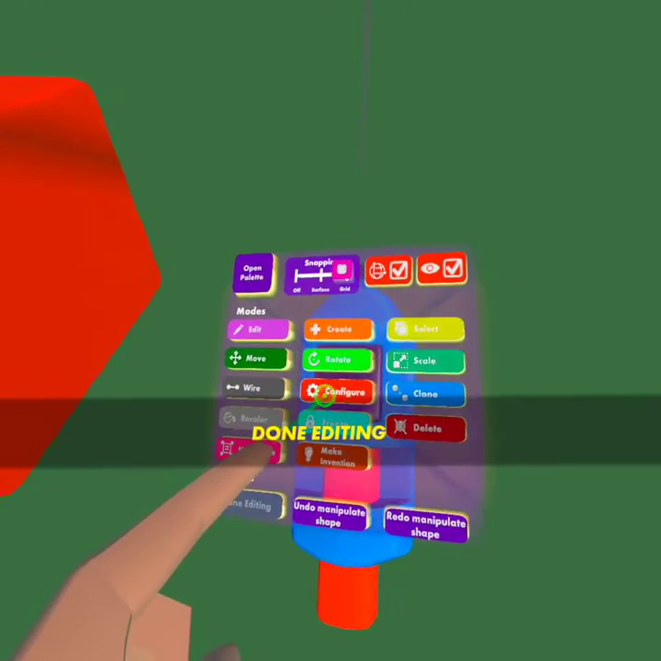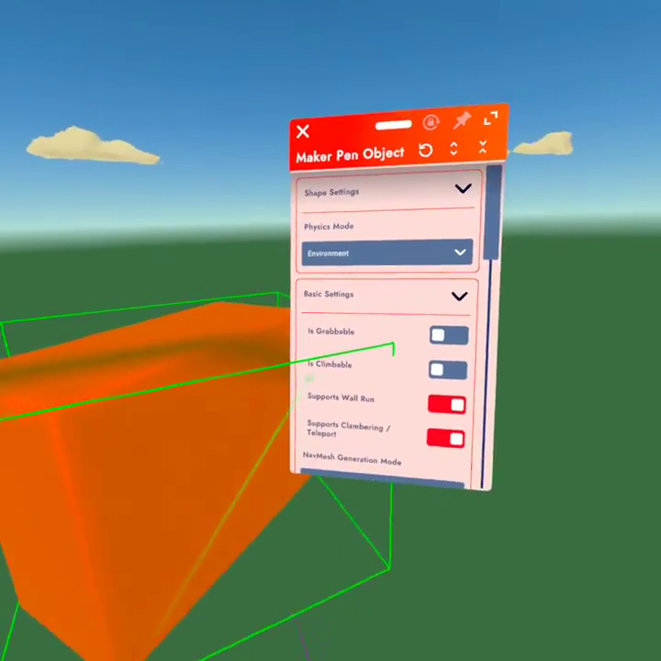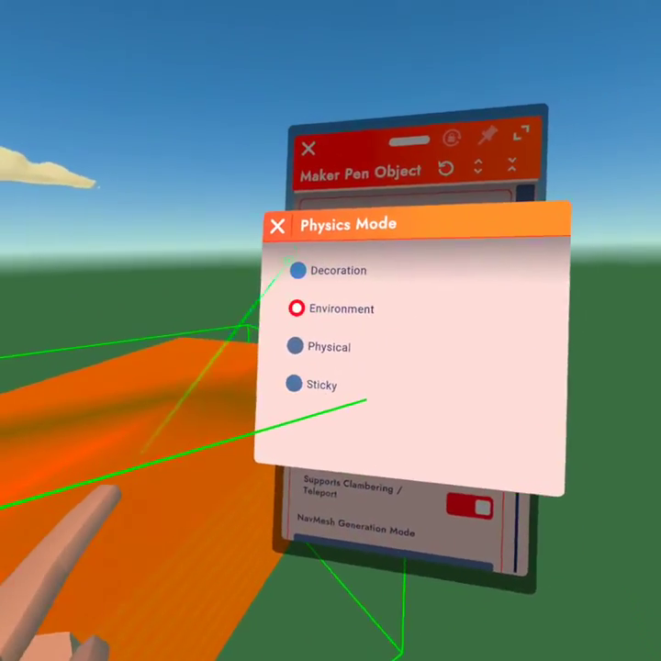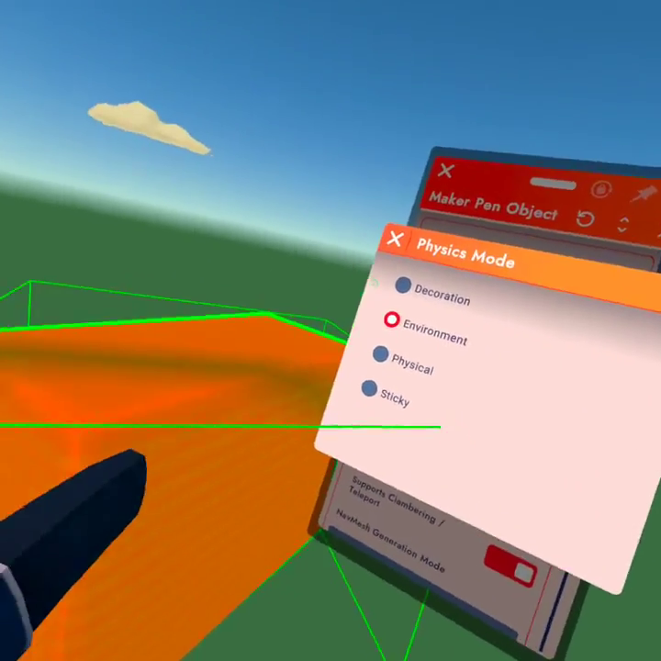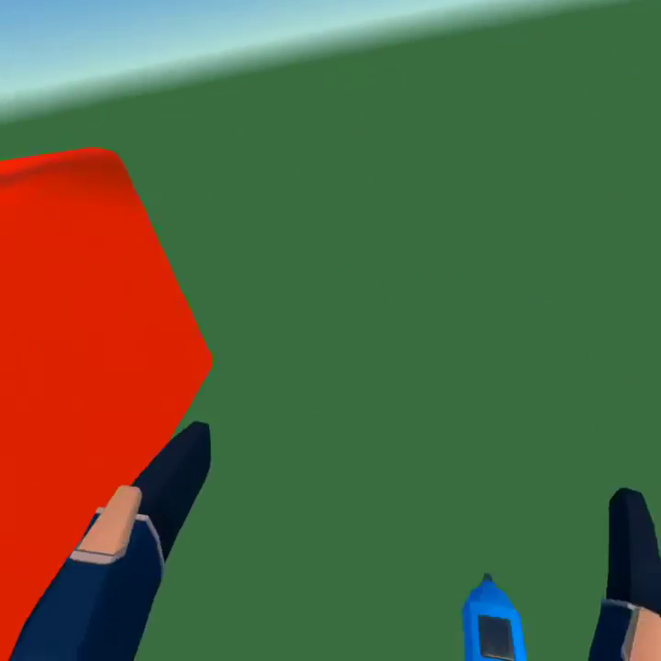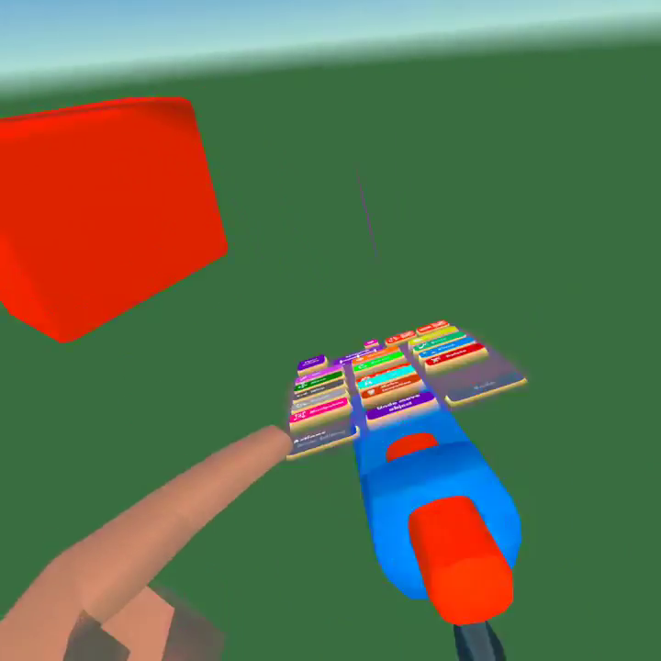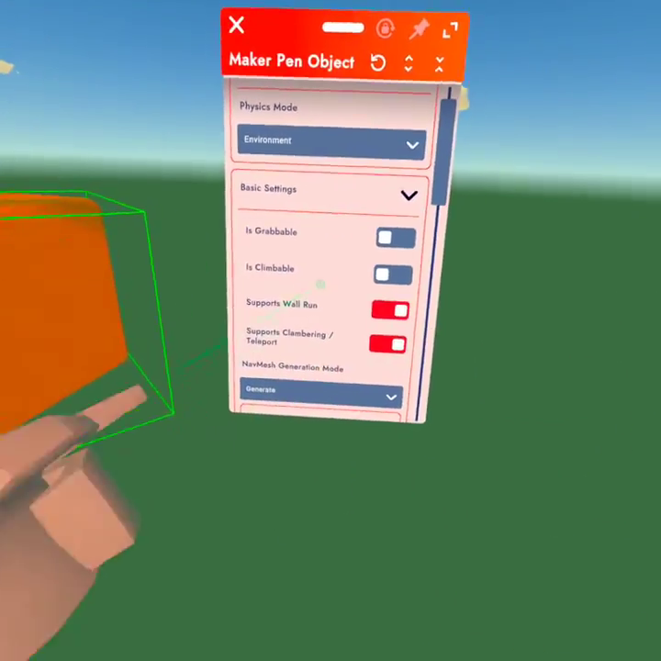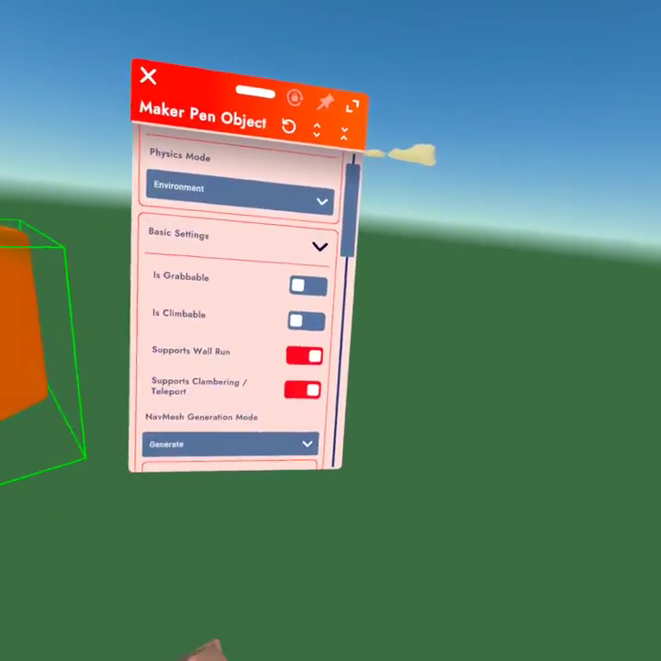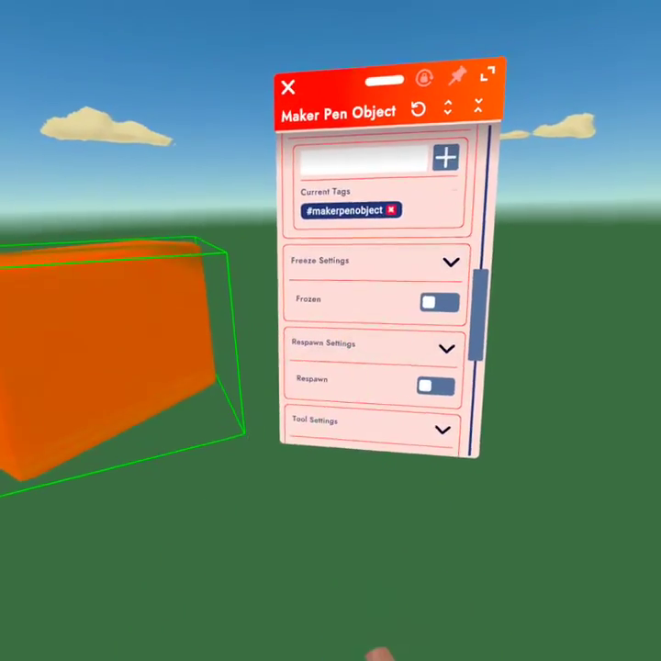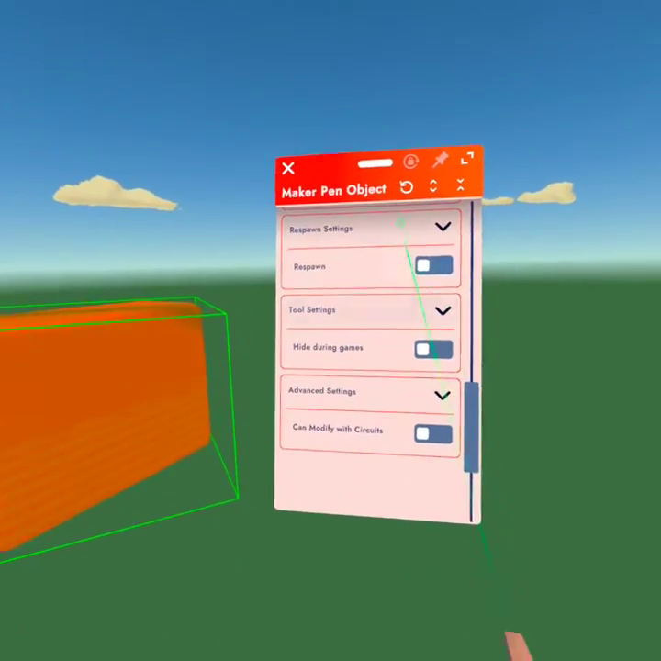But once you're done editing and then use configure, then you can do fixed mode environment, or you can do decoration, and yeah. Oh, I didn't want to do that. Here, let's move this. There we go. Then you can make it grabbable, climbable, so you can climb, supports wall run, generate room key, frozen, so you can freeze it, respawn it,